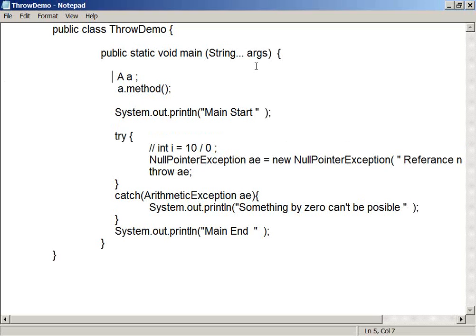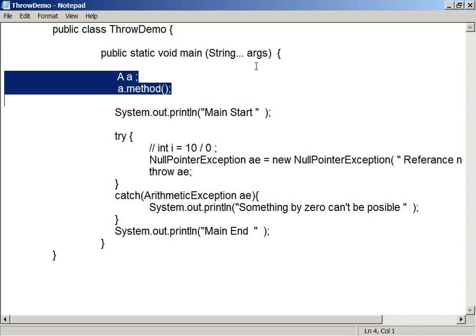Because it is not an object. A is only a reference variable, but I forgot to create the object. So a is now pointing to null, nothing. From nothing you are trying to call something. That is where you will get NullPointerException. If you want to call instance methods of a class, you require an instance, but no instance is created. Most times you will get this most commonly occurring exception, null pointer.